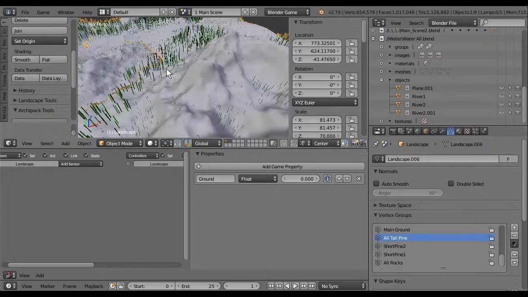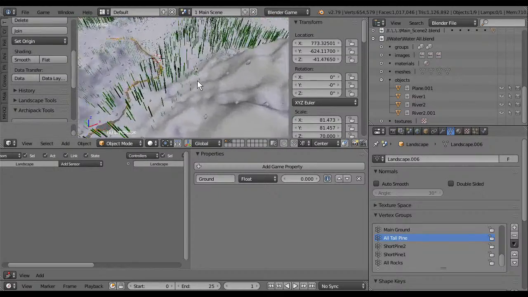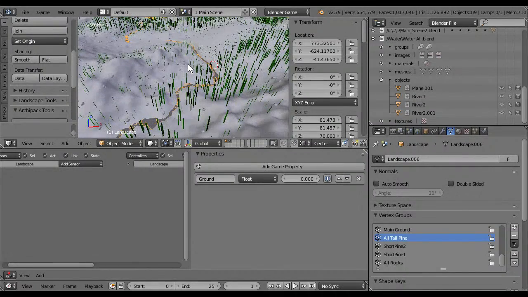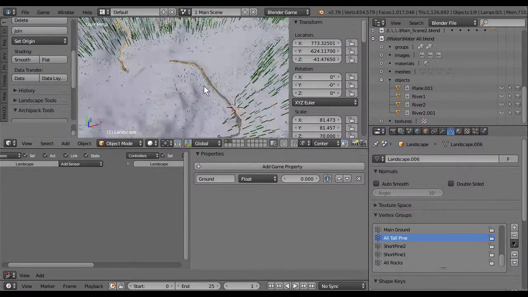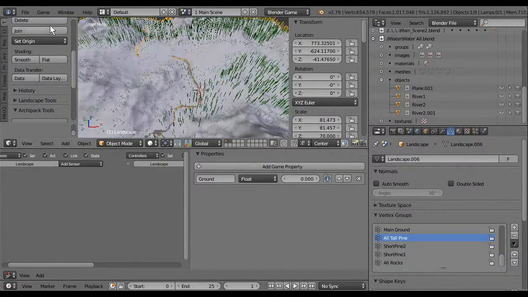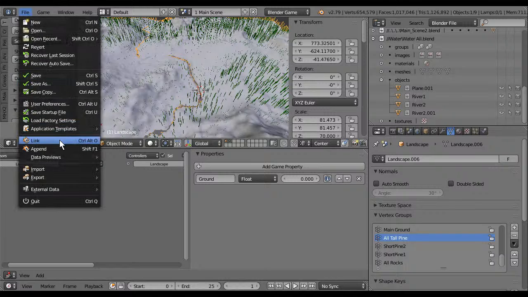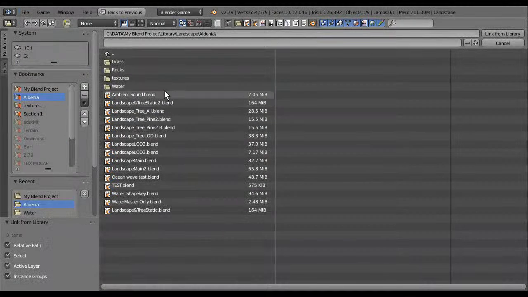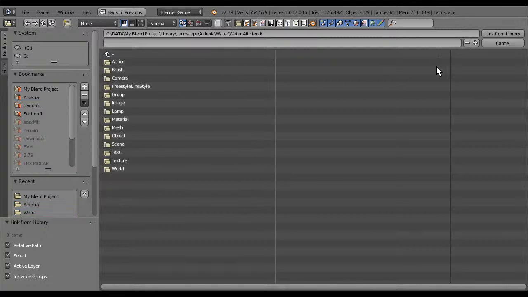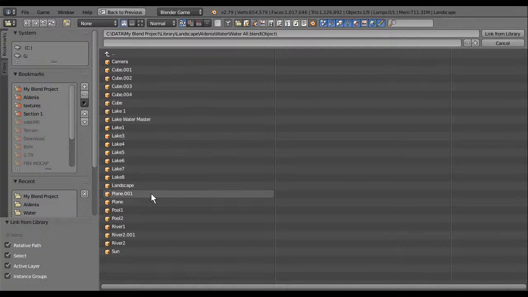It's local. I'm not sure why it's local, but let's try linking again. Let's go water or lake 1, 2, 3. Wait, there are two Lake 1.